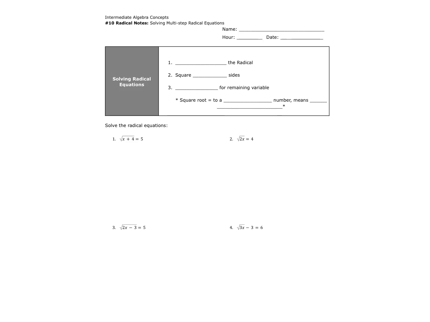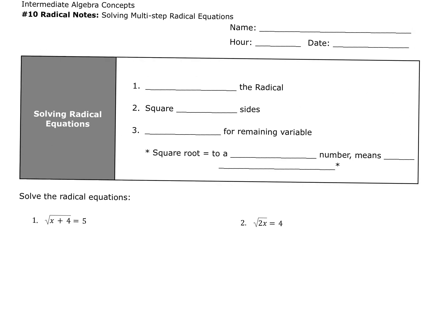Today we're going to work on number 10, radical notes, solving multi-step radical equations. Your steps to solve these radical equations: the first thing you want to do is isolate the radical. That means get it all by itself. Then you're going to square both sides, so both sides of the equal sign, and then solve